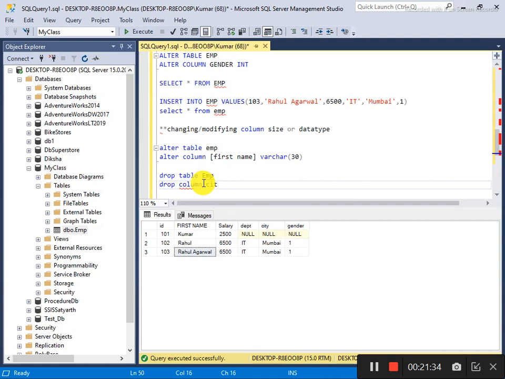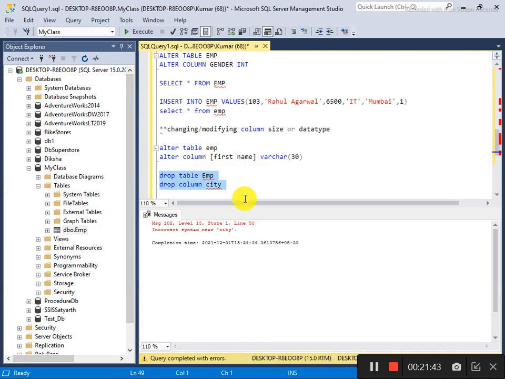Like if you want to drop the column city, then simply drop this column city. Oh sorry, alter table, my mistake. I am altering, I am not dropping, I am just altering. Alter means any modification.